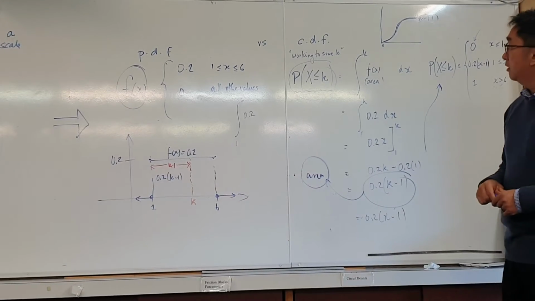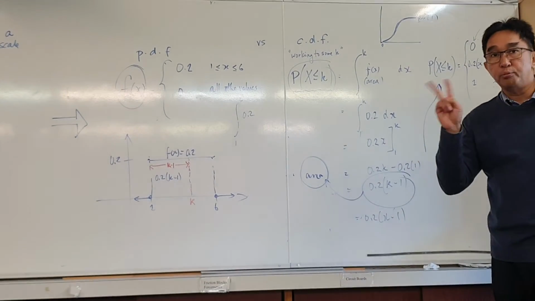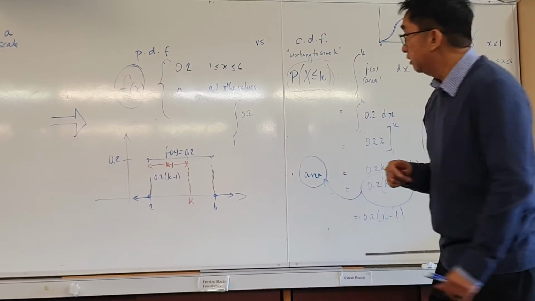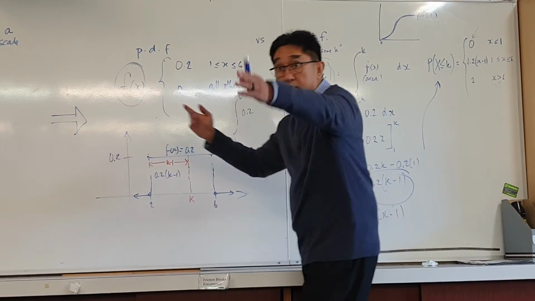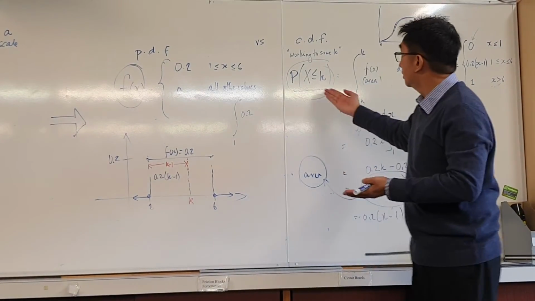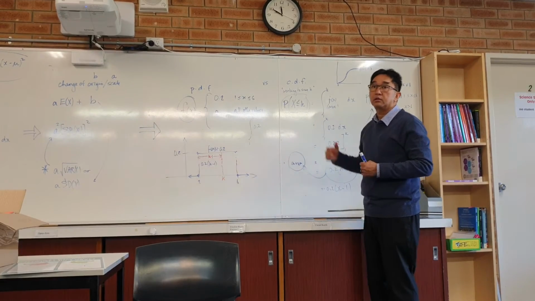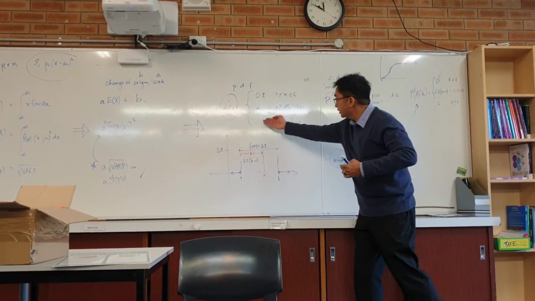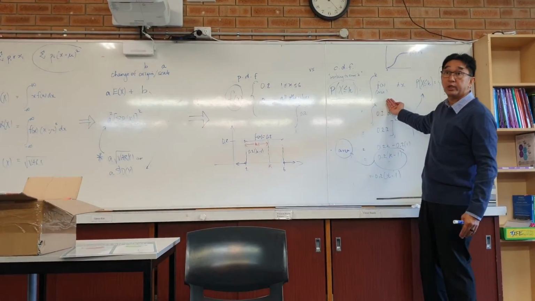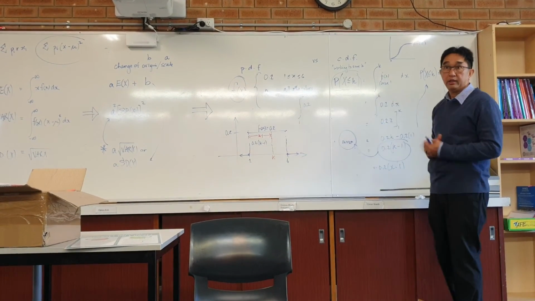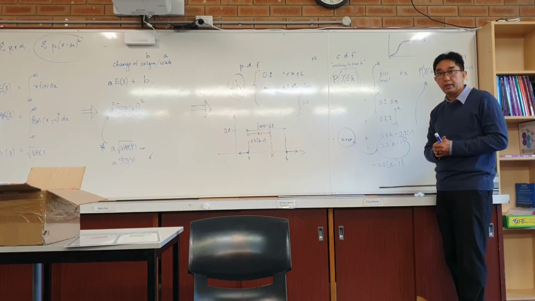Now, if I want to ask you what are the two big differences: number one, the PDF starts with a function and the CDF starts with a probability. Yes, and this one's got a function, and the probability here is the integration, the area. Okay, are we clear with that? Mm-hmm. Okay,